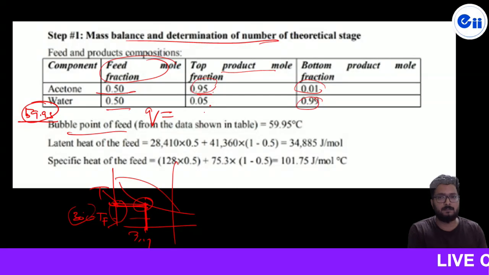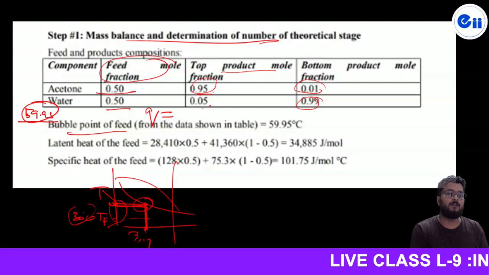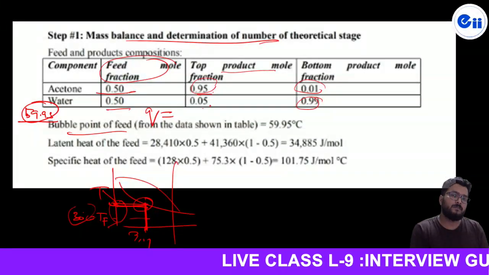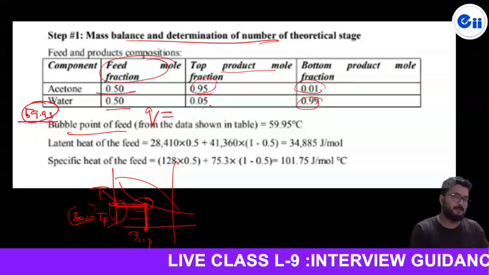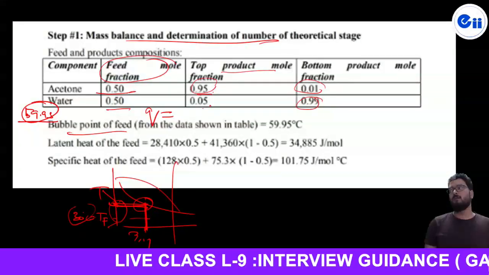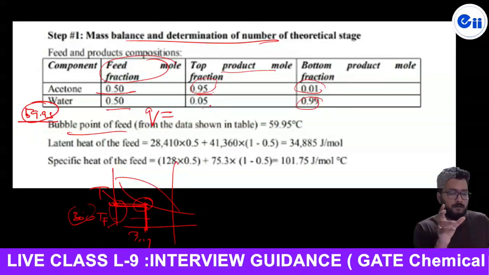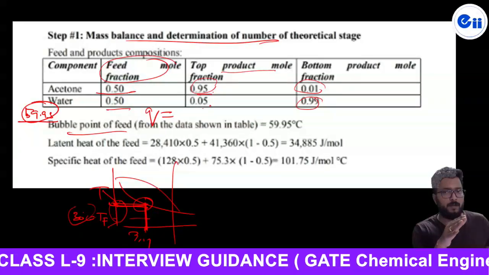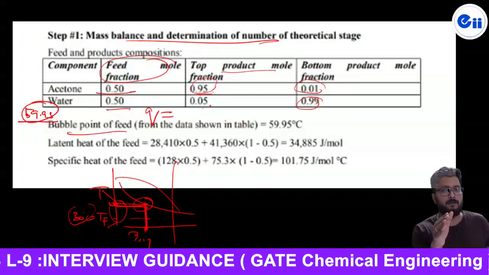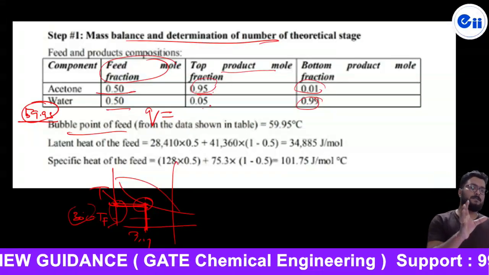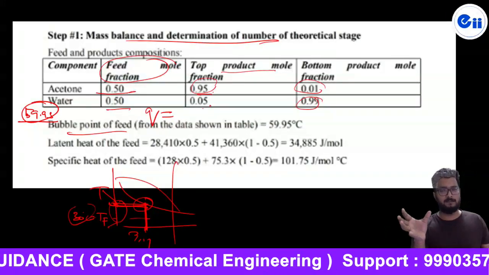Q है क्या बच्चे? Q is defined as the fraction of the feed that is in the liquid phase, and also we can define, and if feed is subcooled liquid, the Q is more than 1. We know very well. And on the behalf of energy balance, we can also define the Q as a ratio of energy required to vaporize 1 mole of feed to saturated vapor feed. 1 मोल फीड को सैचुरेट वेपर बनाने के लिए कितना हमें एनर्जी चाहिए अपॉन